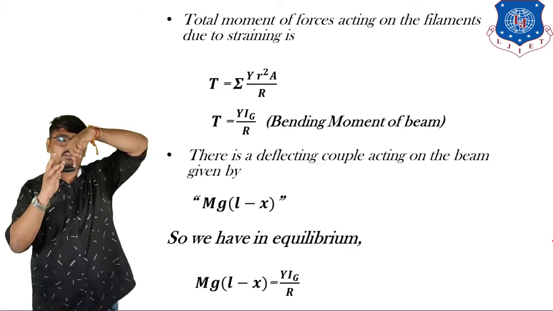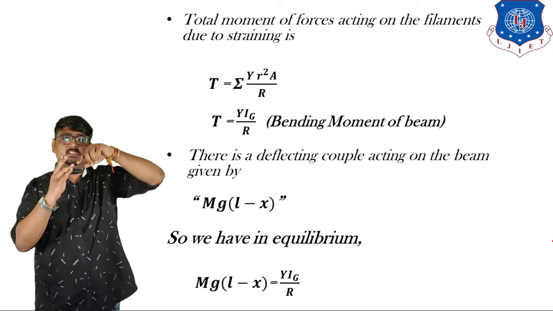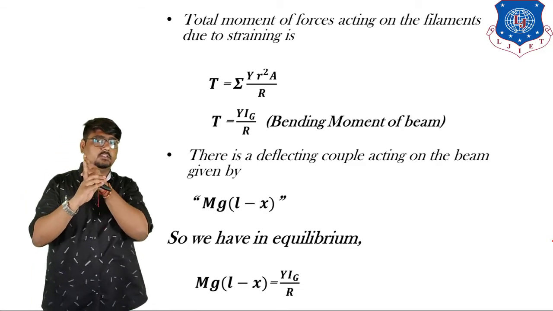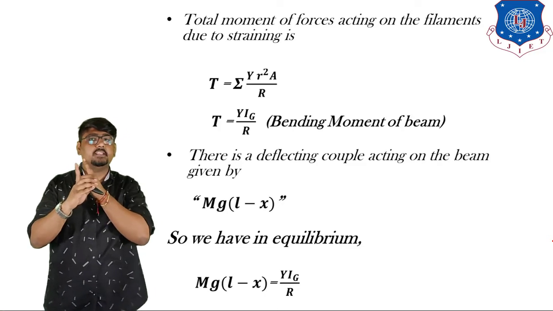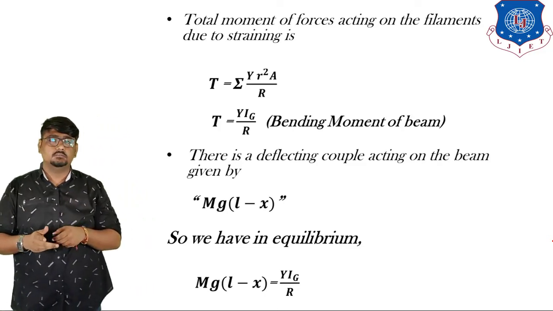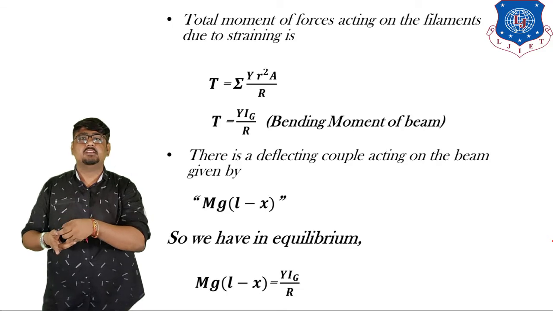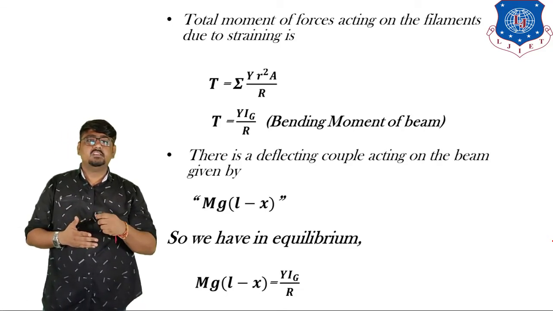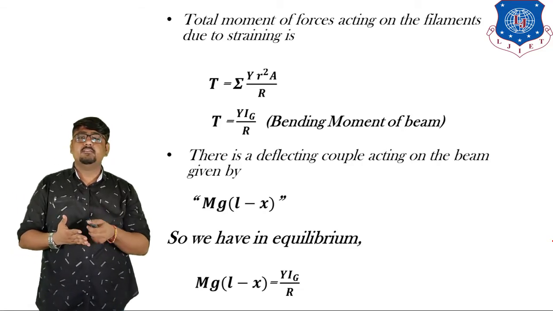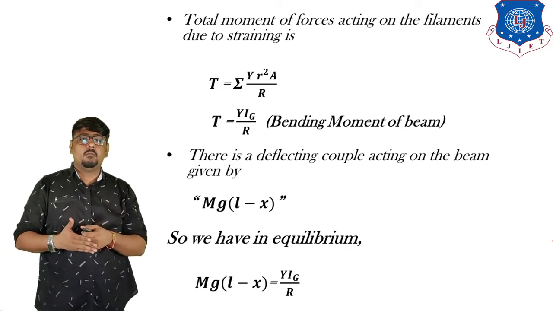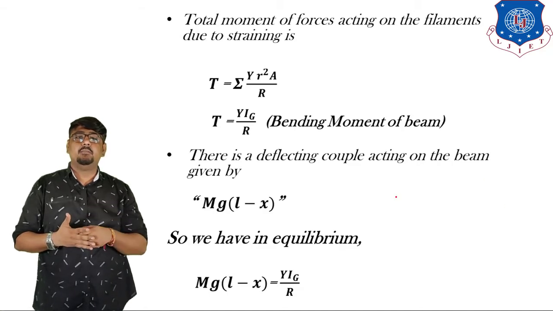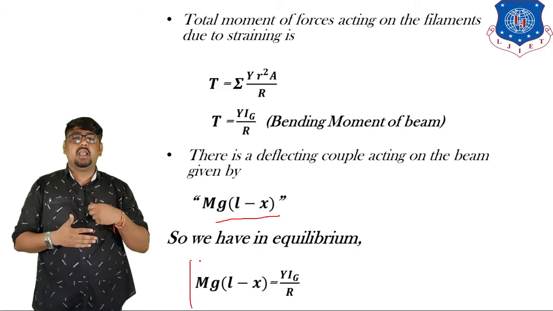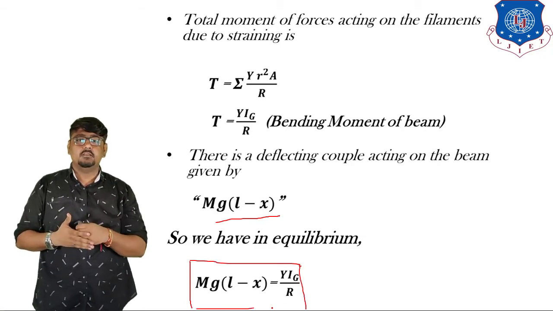Consider this to be a beam. If I apply a force over here at point B, its reaction will be obtained at the fixture point, point A. The reaction will be in the opposite direction according to Newton's third law of motion: every action has an equal and opposite reaction. So these two forces generate a couple due to which the beam bends, and the bending moment mg into (L minus x) is balanced by a restoring couple formed by the forces acting on part PB.